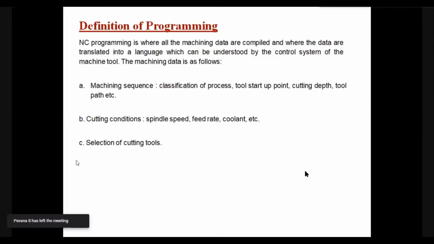And cutting conditions are RPM of the spindle and cutting feed rates, coolant to be put on or off, and a selection of the cutting tools. For milling operations, we will be selecting T-max facing cutter for facing operation, and end mill cutter for profile milling operation, and for drill centering, we go for center drilling operation.